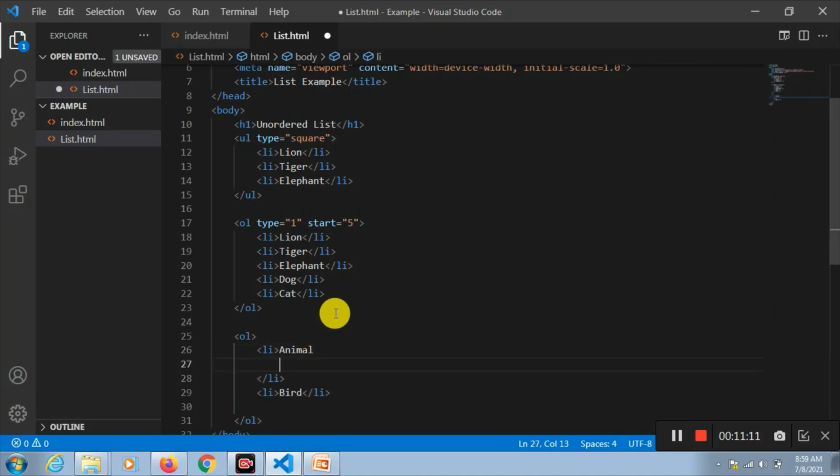Then here again you have to write either OL or UL. Let's take OL only, ordered list.